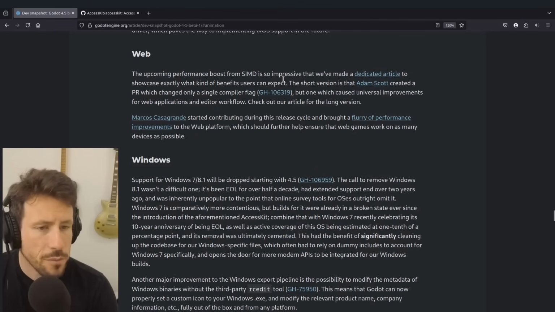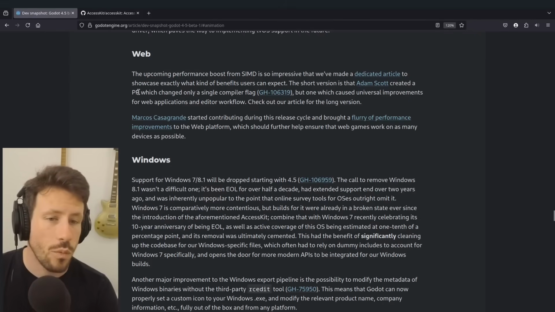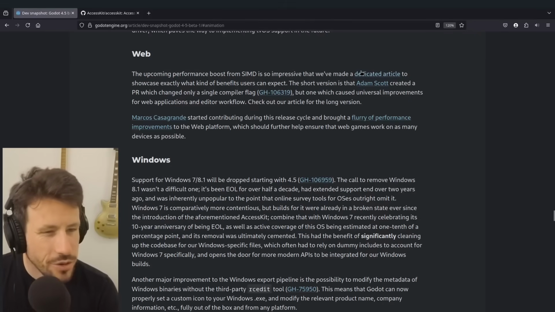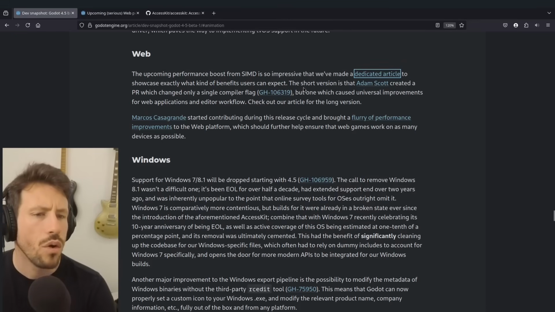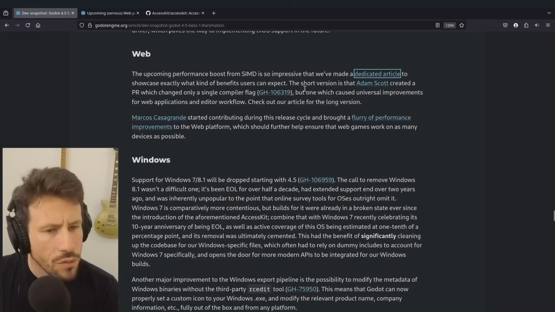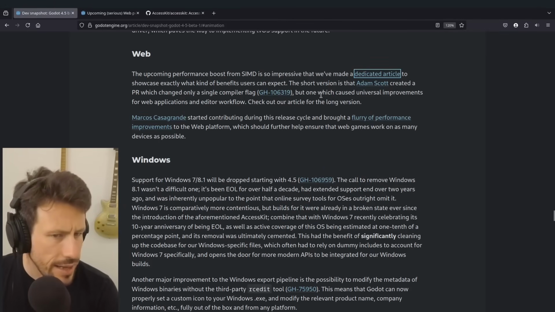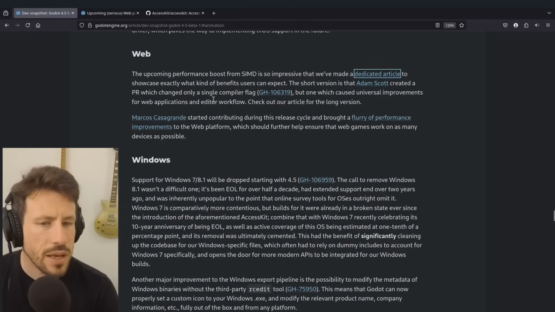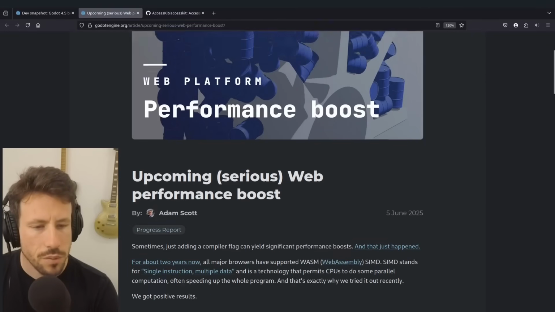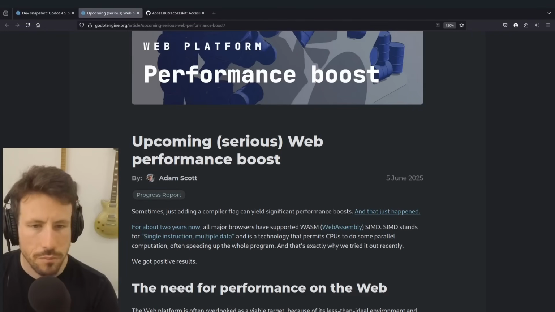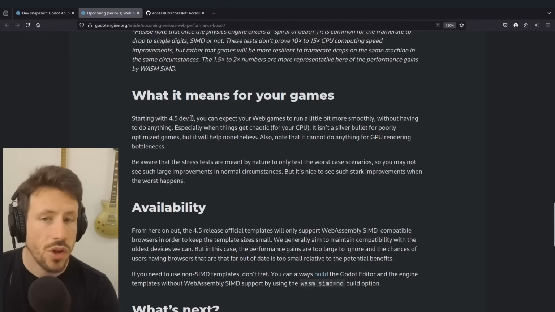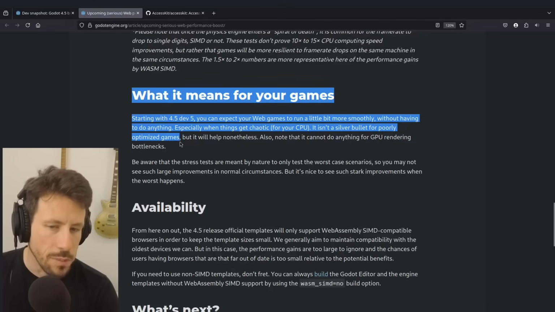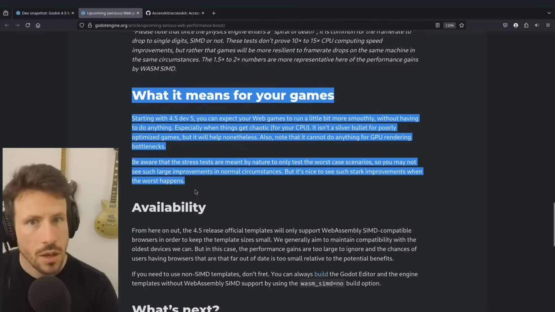Web improvement. Web performance. There's been a performance boost in web development. And I don't know if this is to do with games exported to web or just development of Godot engine games in the web browser. Created at PR, which let's have web platform performance boost, so that you can experience your web games to run a bit more smoothly. So that is a big deal, especially for people like me who don't necessarily make commercial